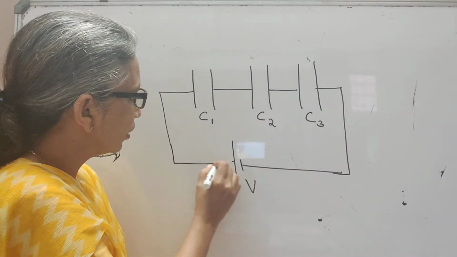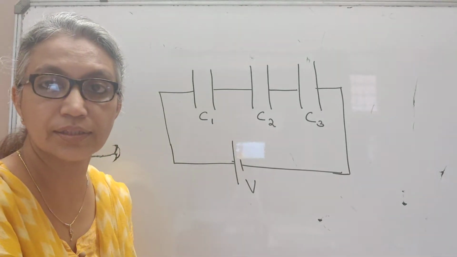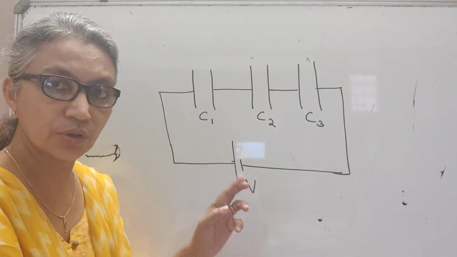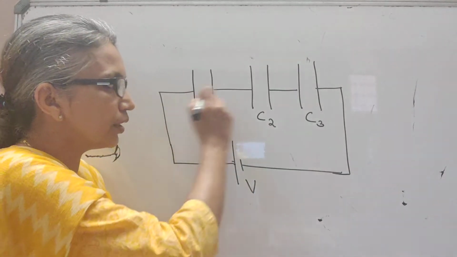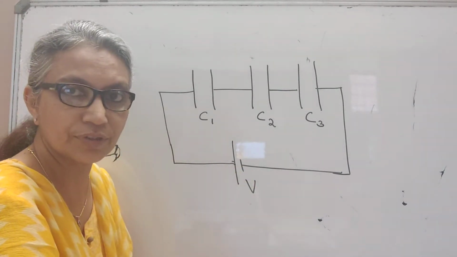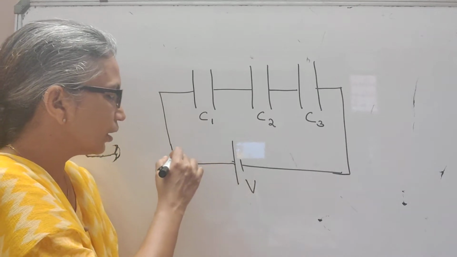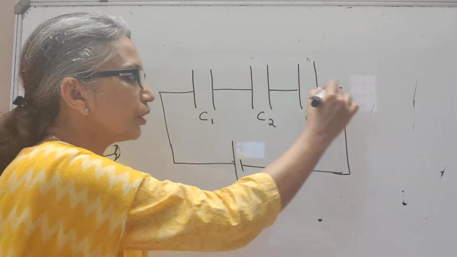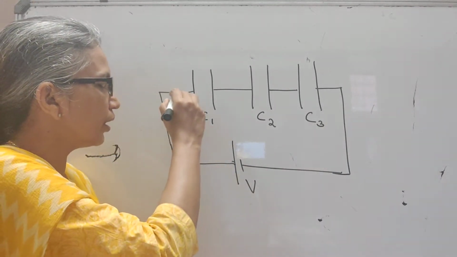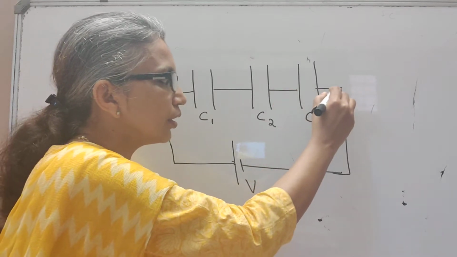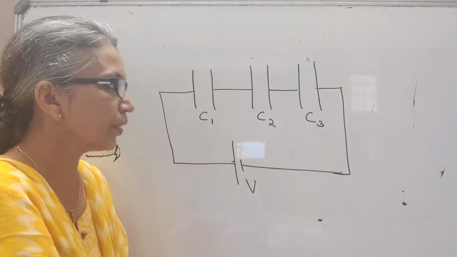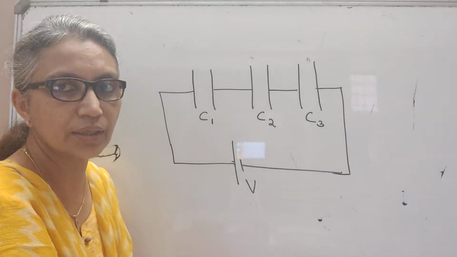Now here, you've already done resistors in series and resistors in parallel in class 10. So there you would have known that when you connect in series three resistors, if you have a battery giving a potential difference V, it provides a current that goes from the positive terminal to the negative terminal of the battery. And so from this circuit diagram, it's clear that the same current passes through all the three capacitors and comes back to the negative terminal of the battery. So all the three capacitors should carry the same current.